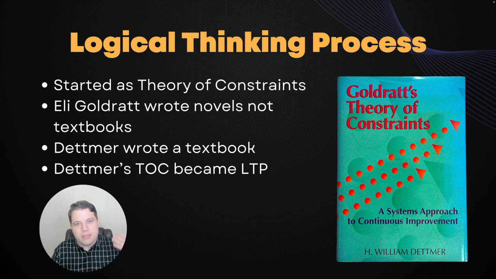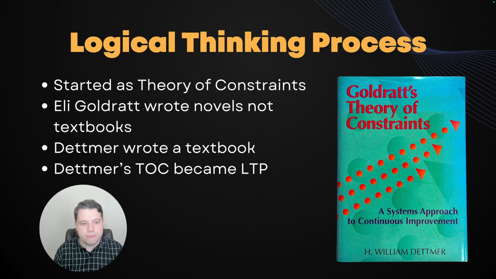Now, this was reformulated from one of the theory of constraints novels by Bill Dettmer. He originally had a book simply called Goldratt's Theory of Constraints, which he rewrote into The Logical Thinking Process. See, Eli Goldratt wrote business novels. He didn't write textbooks. So Dettmer came along and gathered this and formulated it into one self-consistent system